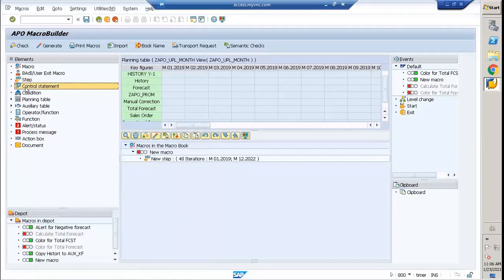The next step is the conditional planning table. This control statement is nothing but, in the C language, we know the if, else if control statements. If you want to use any conditional situations, at that time we use these control statements. For example,